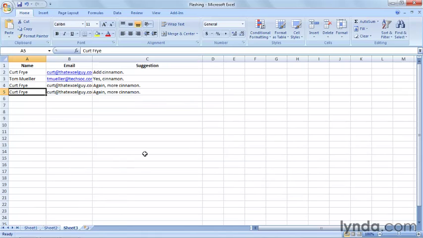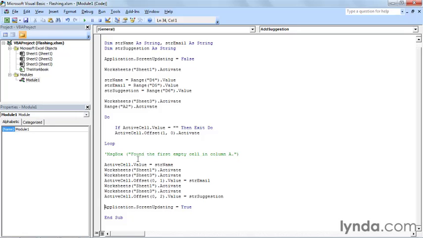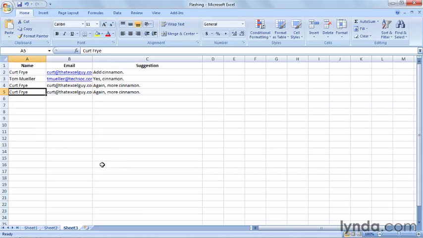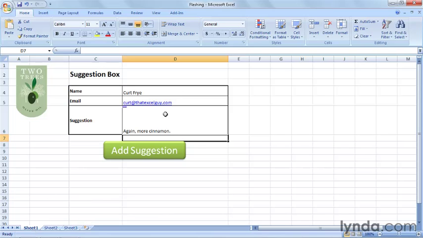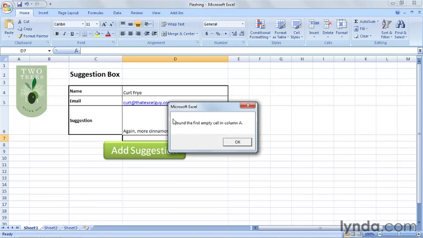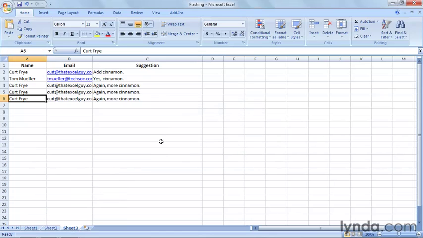Application.screenUpdating equals false does not limit message boxes or dialog boxes from appearing. So let's go back into the code, and I have here a message box, which indicates that my subroutine was able to find the first empty cell in column A. Perhaps I have it there for bug checking or something. So if I put that back as a regular line instead of a comment, Alt F11, and go back to sheet 1, and using the same data, click Add Suggestion, it finds the first empty cell, and it continues without the